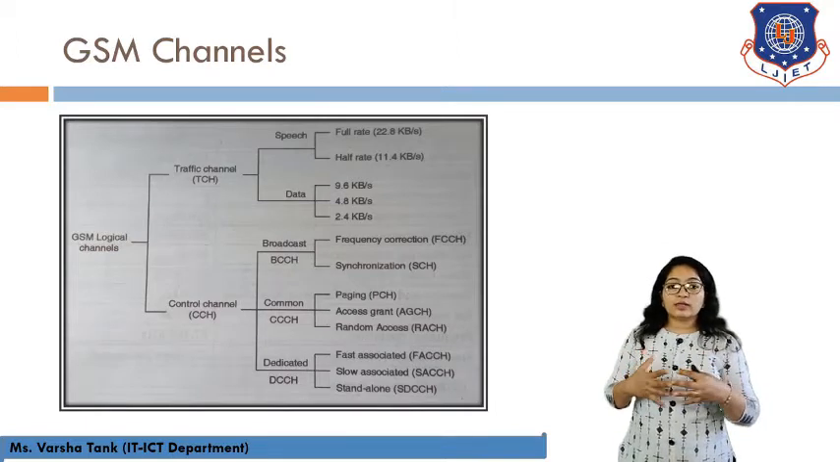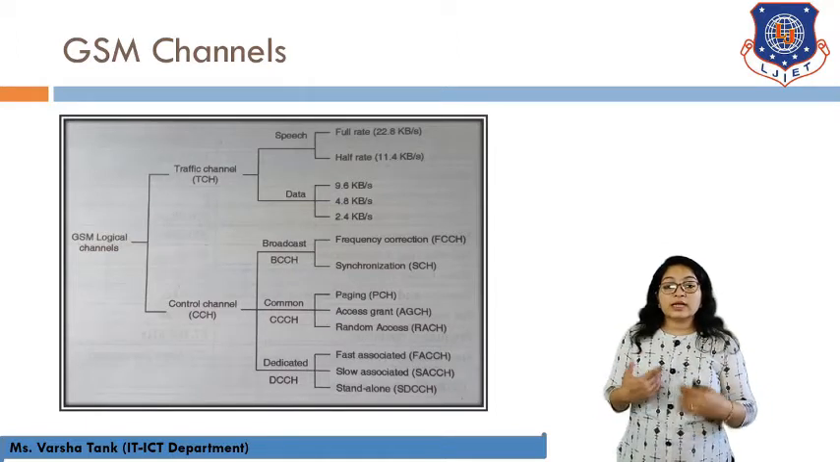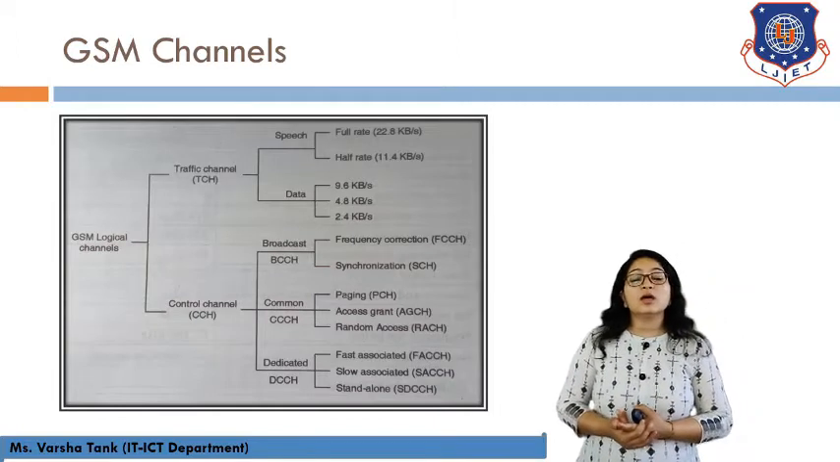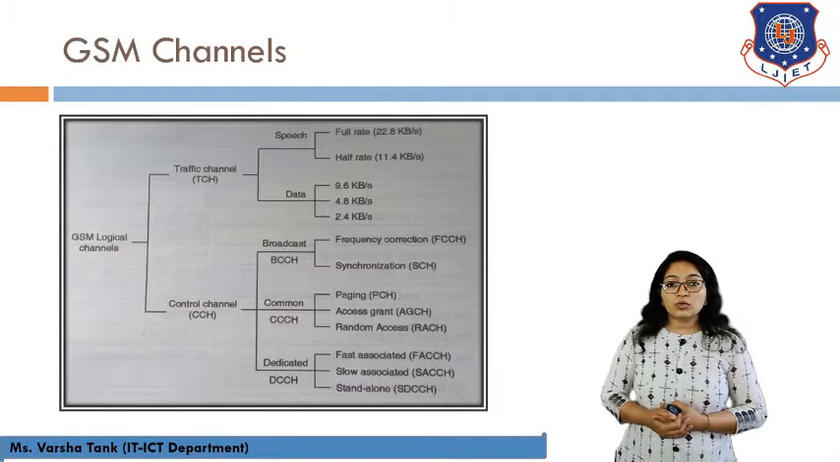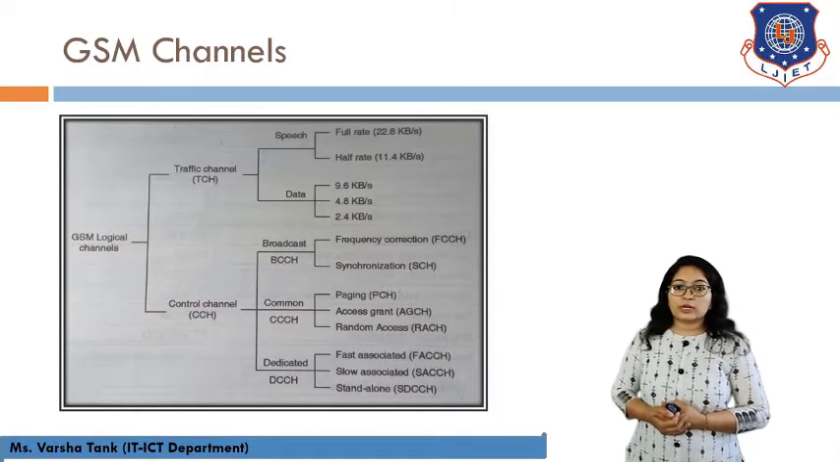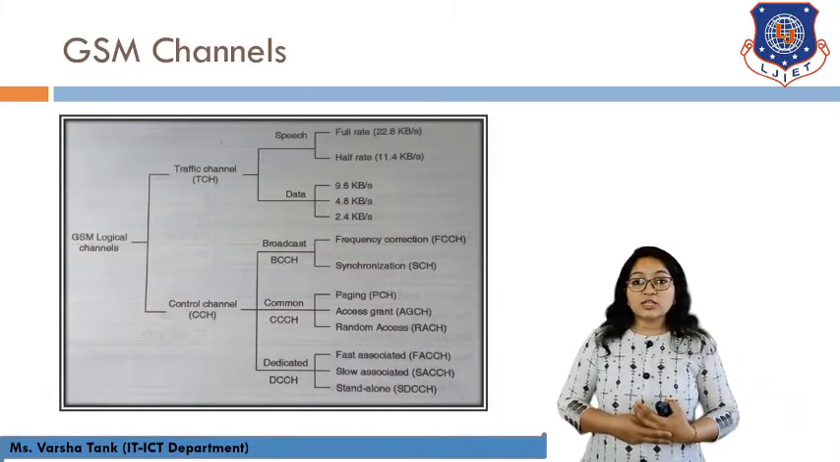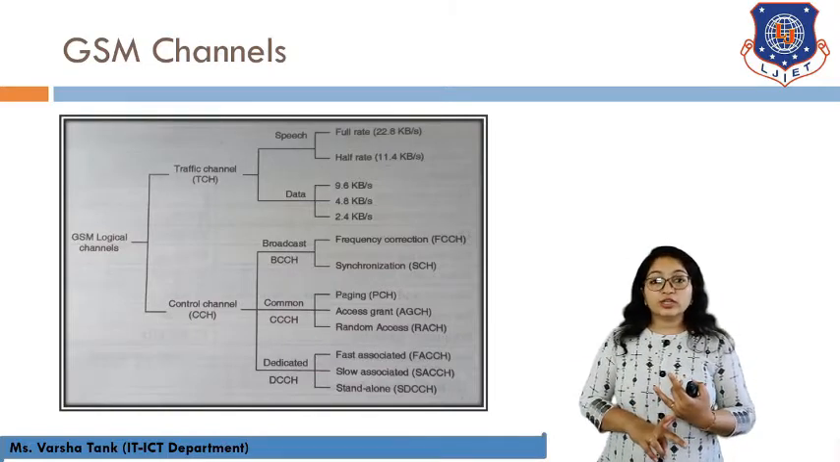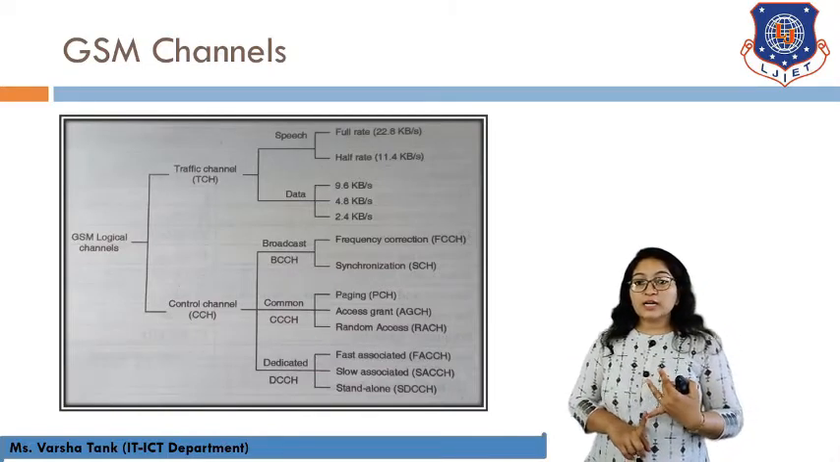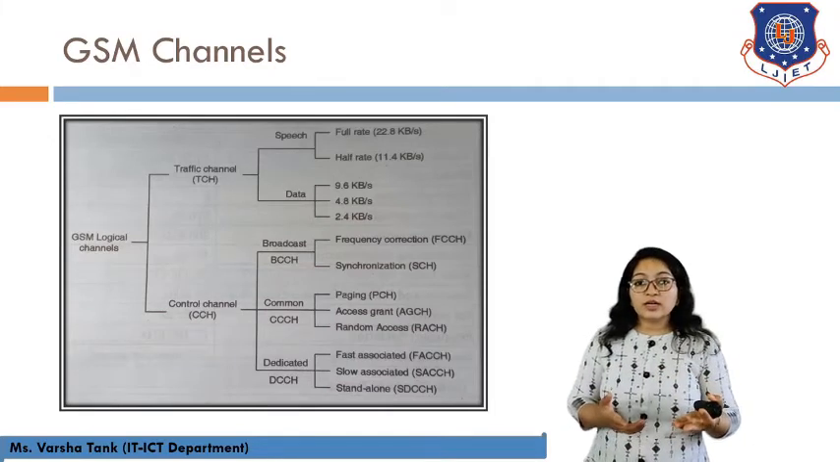Okay, so that synchronization is also necessary, and frequency is also necessary for this control channel. So one is a frequency correction control channel and another is a synchronization channel. Now next, another channel is what? Common control channel. In the common control channel, there are three channels, which are paging channel, then access grant channel, and